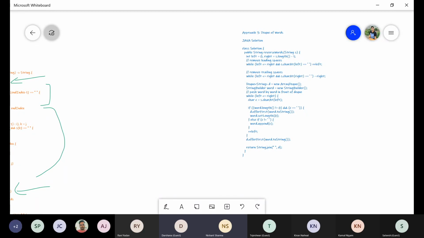So all the words we insert into a DQ, and later with the DQ we can fetch and append the words, and we will get our order. In this also the time complexity remains the same, and space complexity is also order of n only. It just gives a thought of how we can use the DQ to write the solution for this kind of problem.